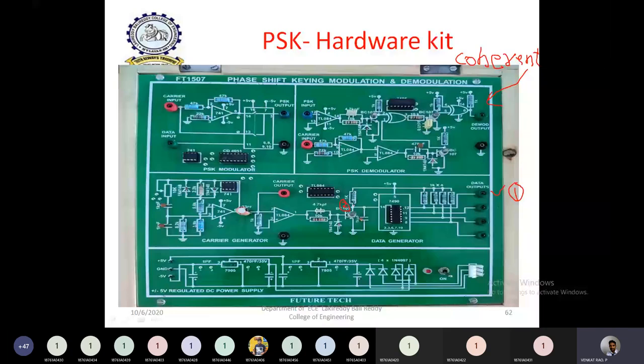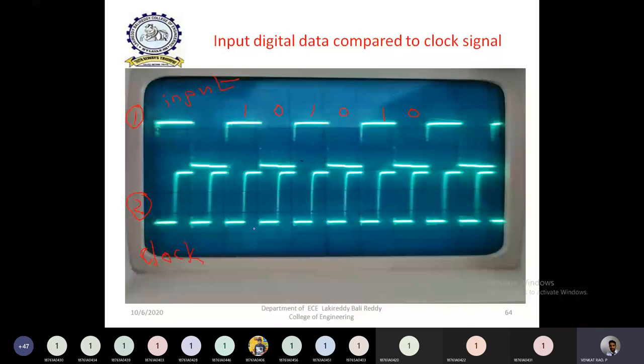By comparing these two, you can identify the corresponding bit sequence obtained from this data signal. Of course, every CRO probe's positive pin must be connected here, and the negative pin must be connected to ground. You can take anything as ground here, but the negative pin must be connected to ground. That is the first observation and the first step. You all need to identify the corresponding input data and input bit sequence compared with the clock. And for the clock also, you need to identify the time period, the frequency, and the amplitude of the clock.